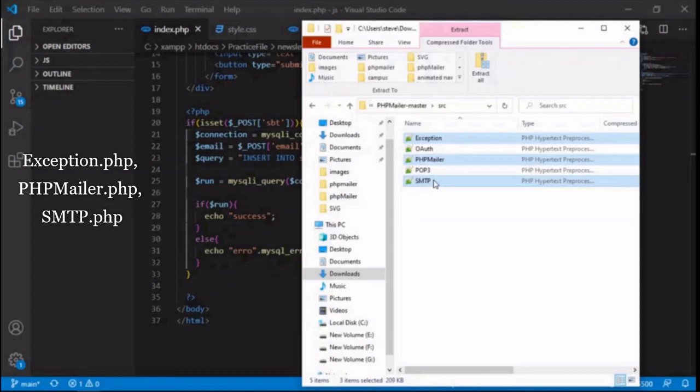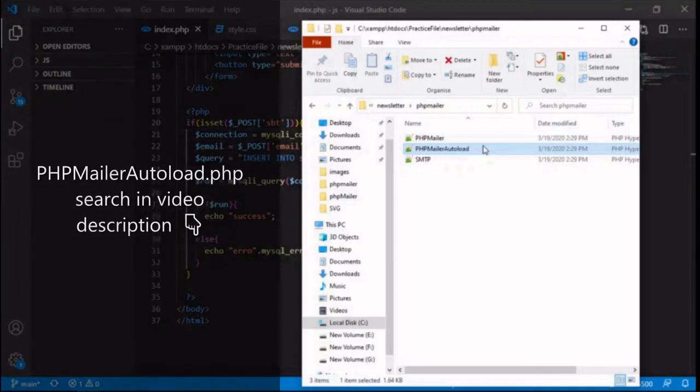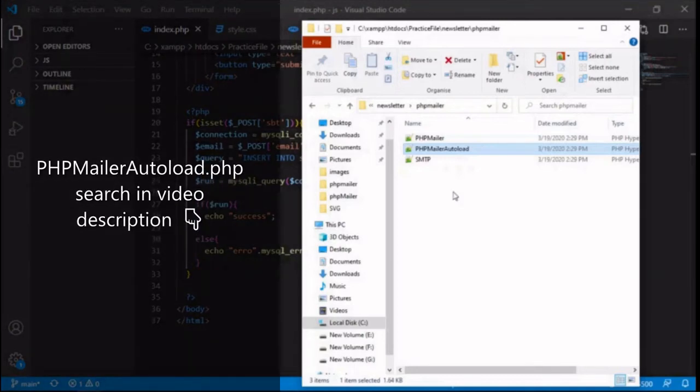We need only these three files. You need one more file, the PHPMailer autoload. You can download this PHPMailer autoload file from the description box. So check the video description.